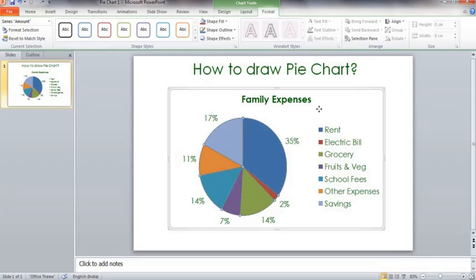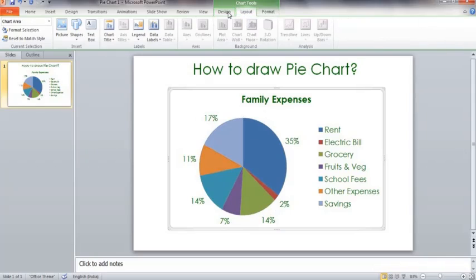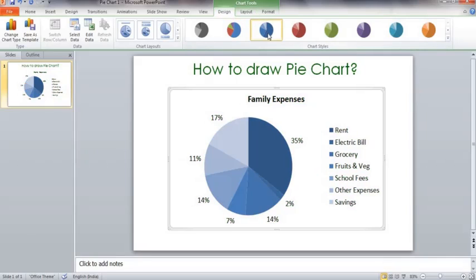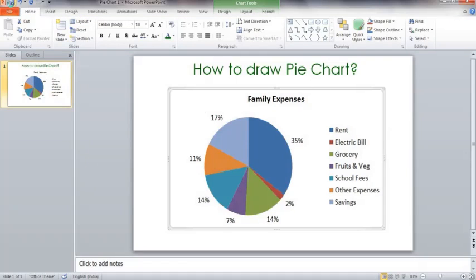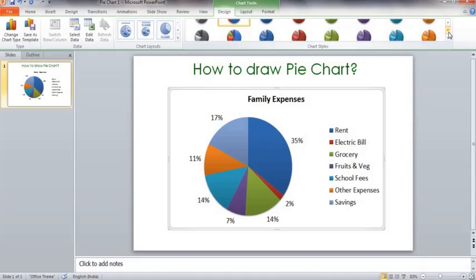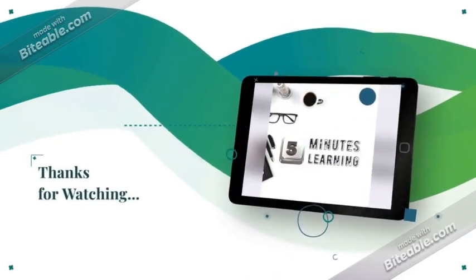We can format the template of pie chart with unique color too. To change the template, go to Design tab and change the template under Chart Styles tab. Chart styles have many more options which can add more visual effects to our chart. We can give border between each categories, convert to polished image and so on. Pie chart has various variants which we will discuss in the next video.